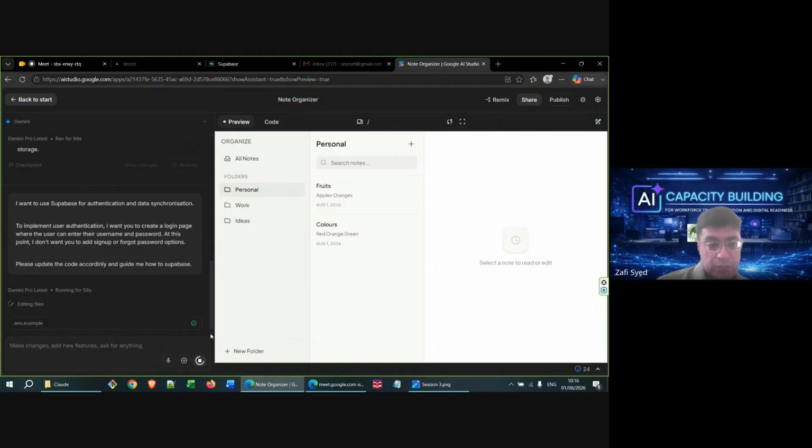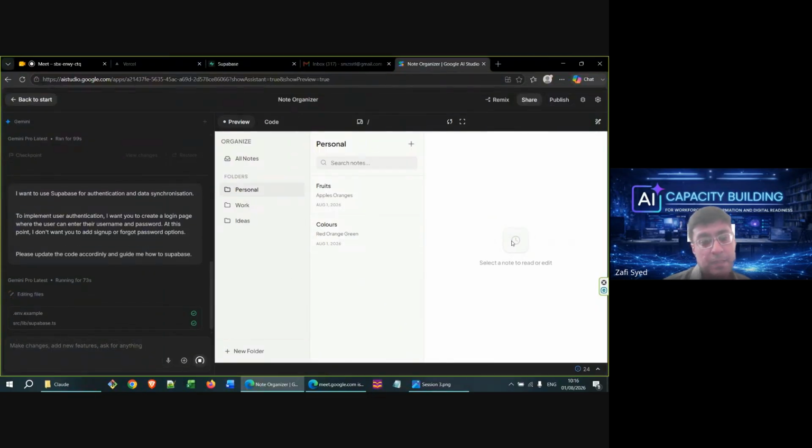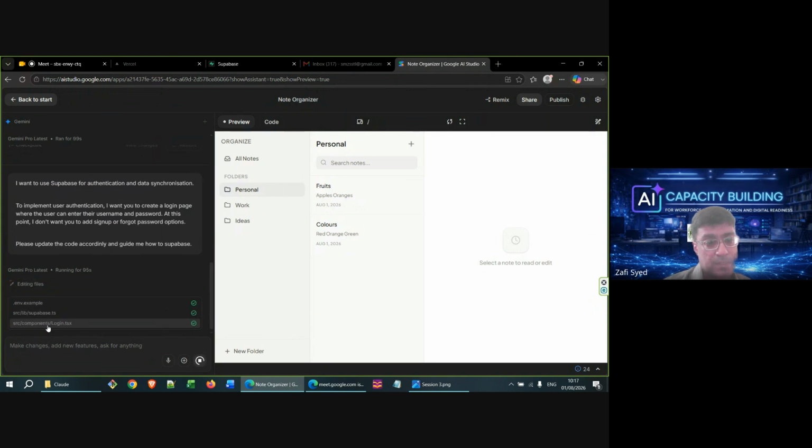So this, again, should not take too long because we have the core structure of our app already available. It will add a couple of files. For example, one of the files would be for Supabase itself. And we should also see something regarding a login page being added. So that was Supabase, and this is a login page.